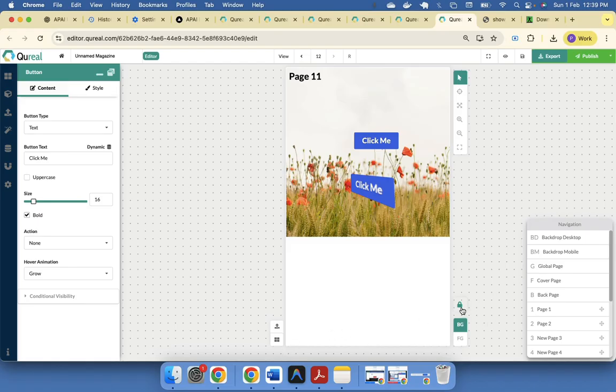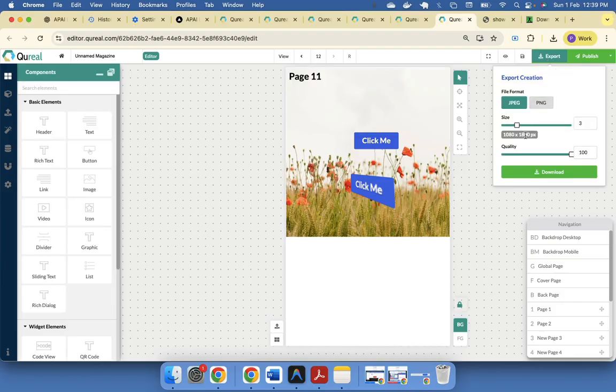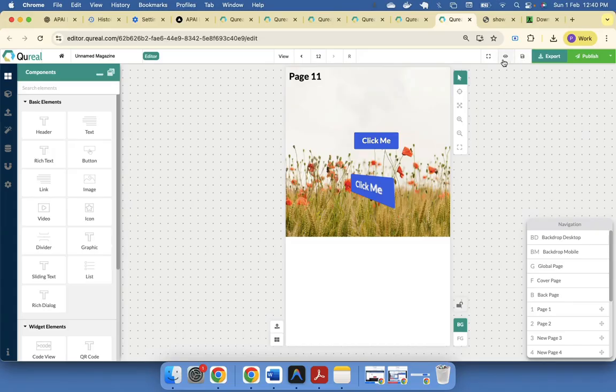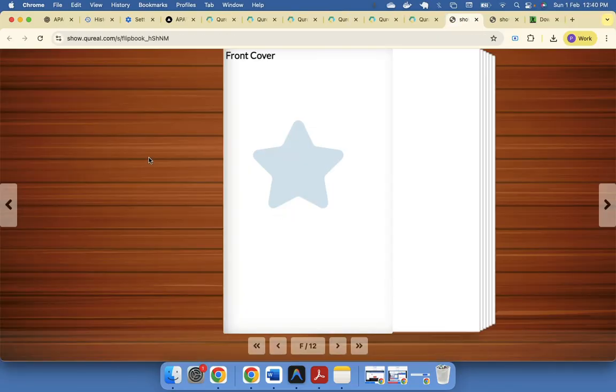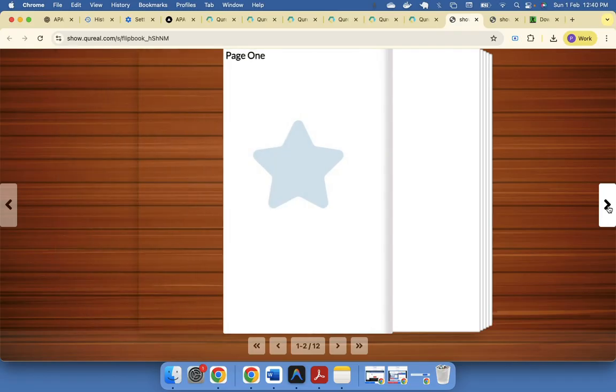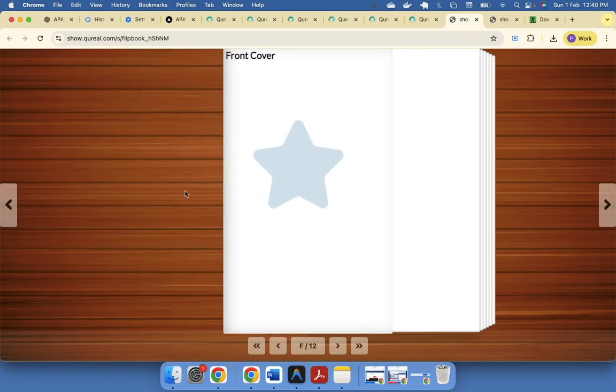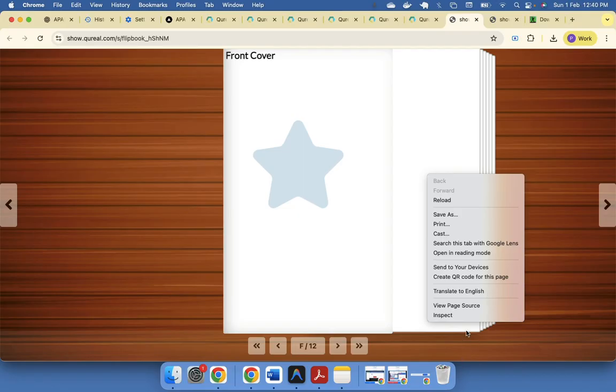Now I will open this particular page. On this side, there is an export button which allows us to download this particular page once it is created, and it also has save, preview, and publish in a similar way. And there is one more thing. If I visit this, I can see the magazine like this. This background is again customizable. Now this particular magazine works like this on the desktop. So this is the desktop view,